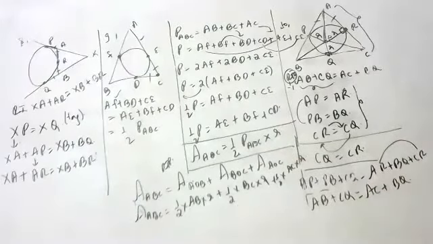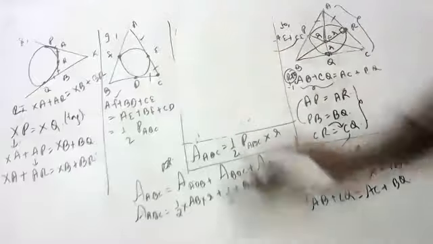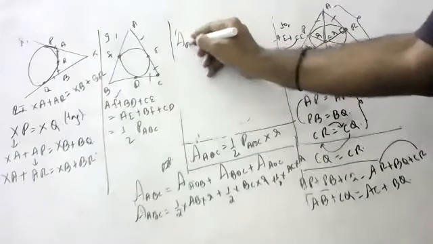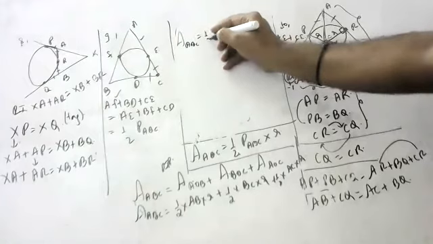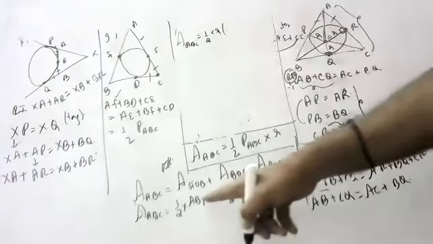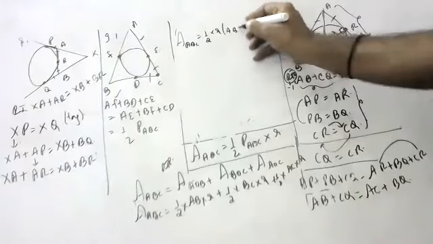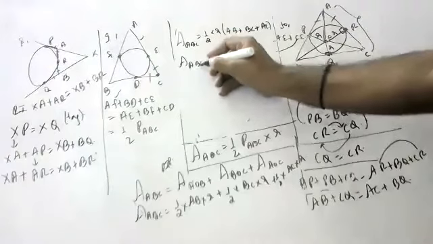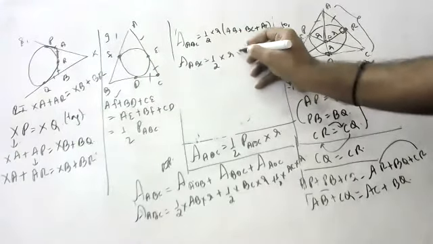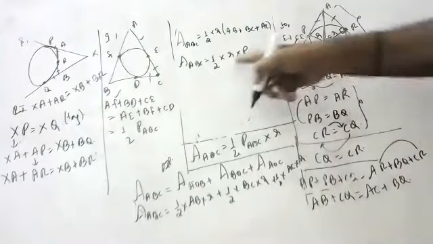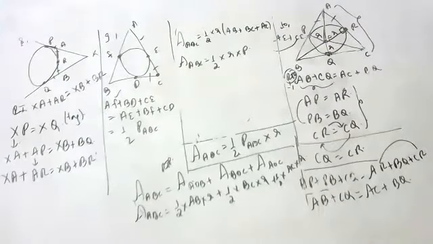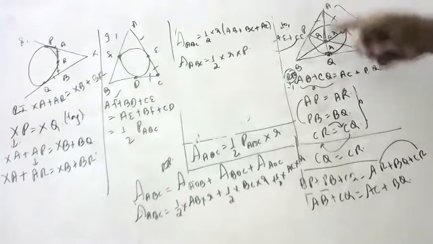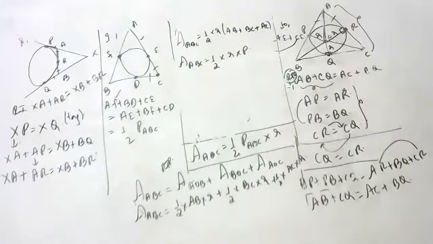Now what happens? You see here. Area of ABC is equal to half into R. I'm taking it common. What is left over? AB plus BC plus AC. Now, can you tell me what AB plus BC plus AC is? It's the perimeter of ABC. Hence proved. Very good. So children, whenever they ask area, you have to divide into three triangles like this. We will be doing this many times in further questions also. Try to understand, children.